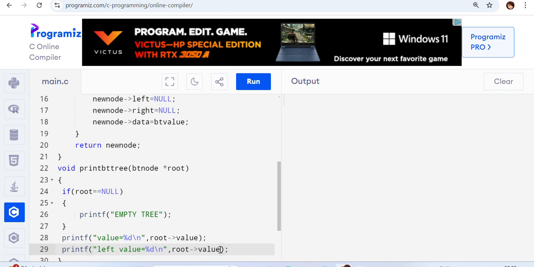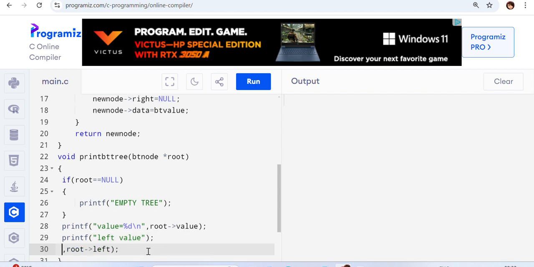So what I have to do, I have to print the left. Okay, this cannot be done like this, because it is a left subtree, right? So I have to take up this and call the function as a recursive function. I can just call this as print b tree of,